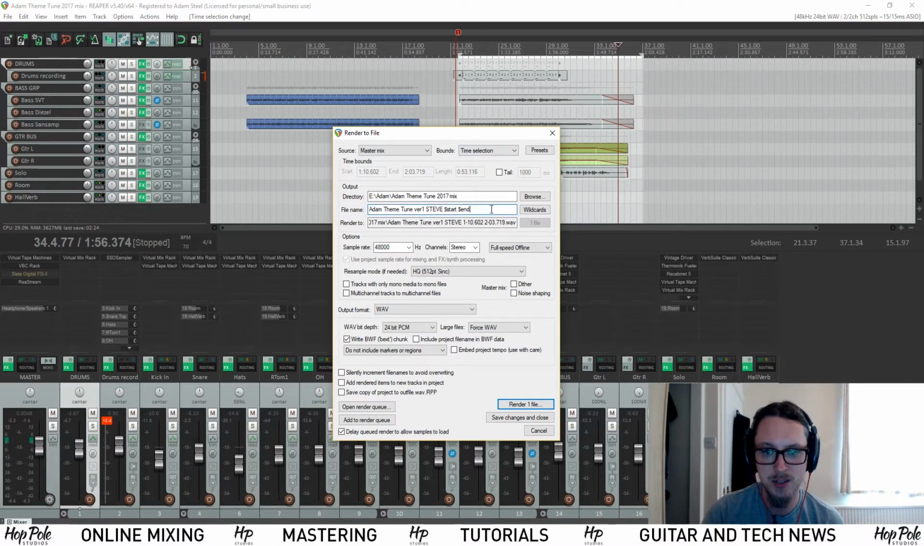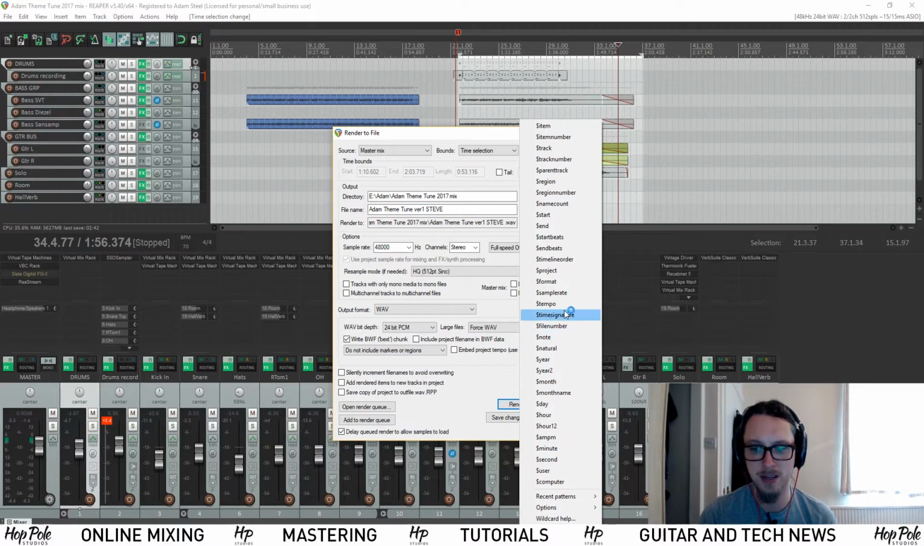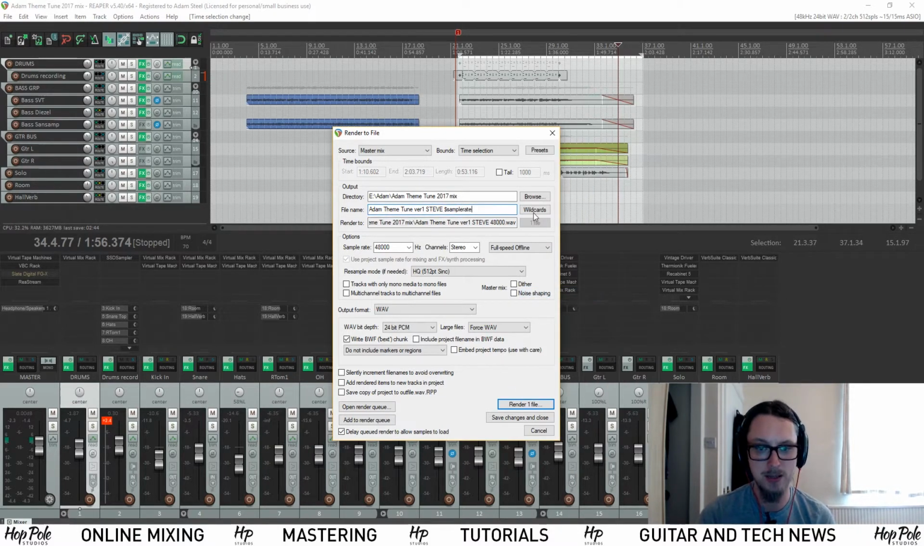So the time selections, so that will automatically, if you look where it says render to just below it, this isn't a field you can write in, but this tells you what the file name is actually going to look like. So if I get rid of these, every wildcard is dollar something. So the dollar sign then part of the name. So if I put, say, sample rate,